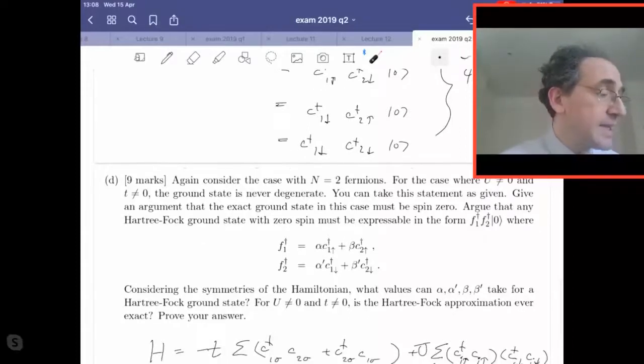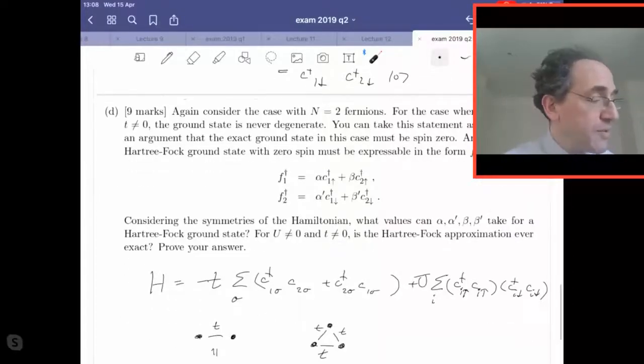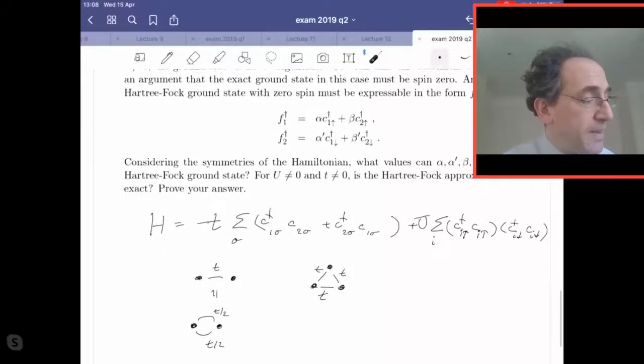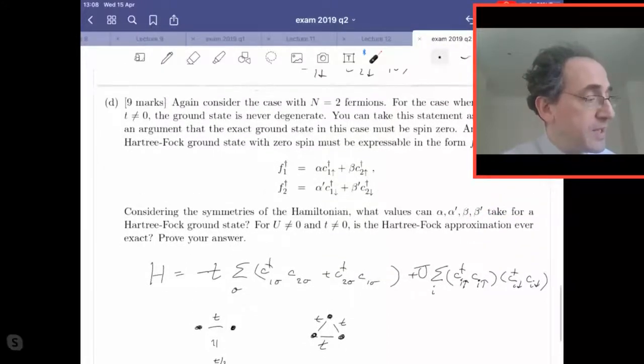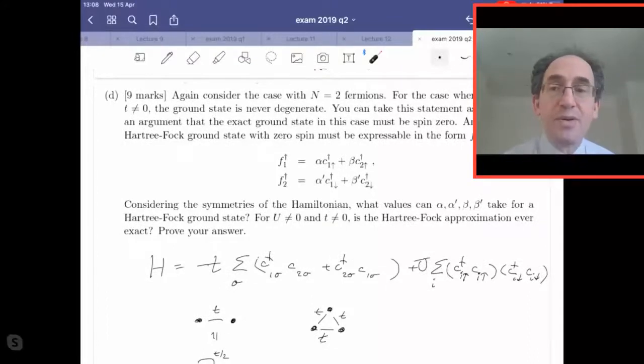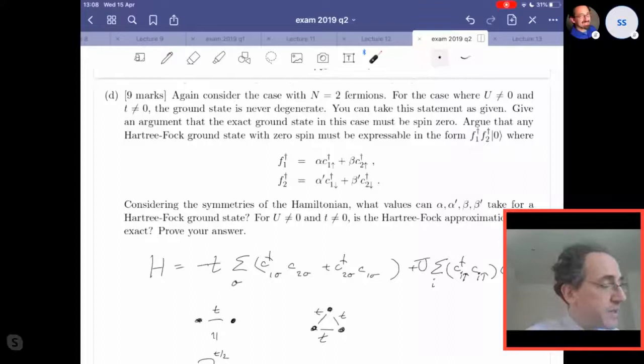So let's just go through the problem bit by bit. For the case where u is not equal to 0 and t is not equal to 0, the ground state is never degenerate. You can take this statement as given, so it's a gift. You don't have to worry about ground state degeneracies. Give an argument that the exact ground state in this case must be spin 0. Well,